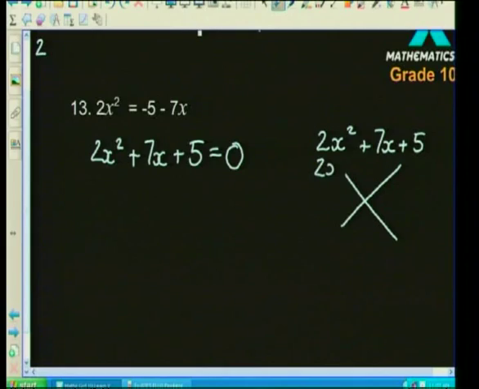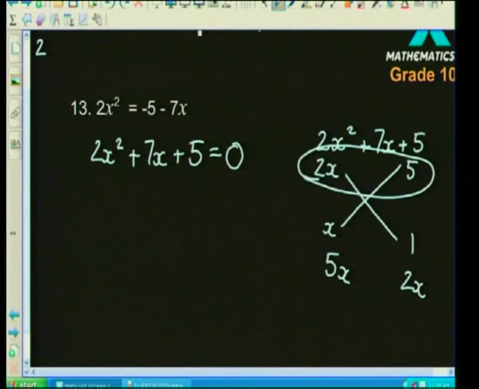And 2 factors of 2x² are going to be 2x and x. And 2 factors of 5 are going to be 5 and 1. There's nothing we can do, it's a prime number, and so is 2, so those are our only options. 2x times 1 gives us 2x, and 5 times x gives us 5x. 5x plus 2x gives us 7x, so therefore our brackets are going to be 2x